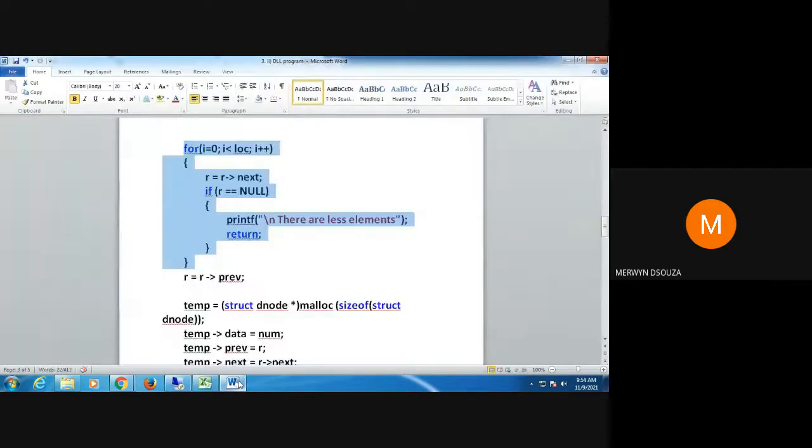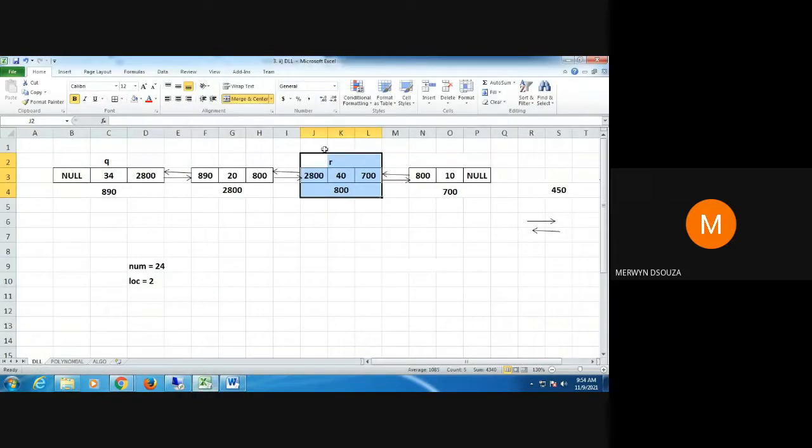So what I will do is put this line here, which will put my R at the previous node, so that this insertion becomes proper. You can do coding in a different way also, okay, but this is the way I have done.